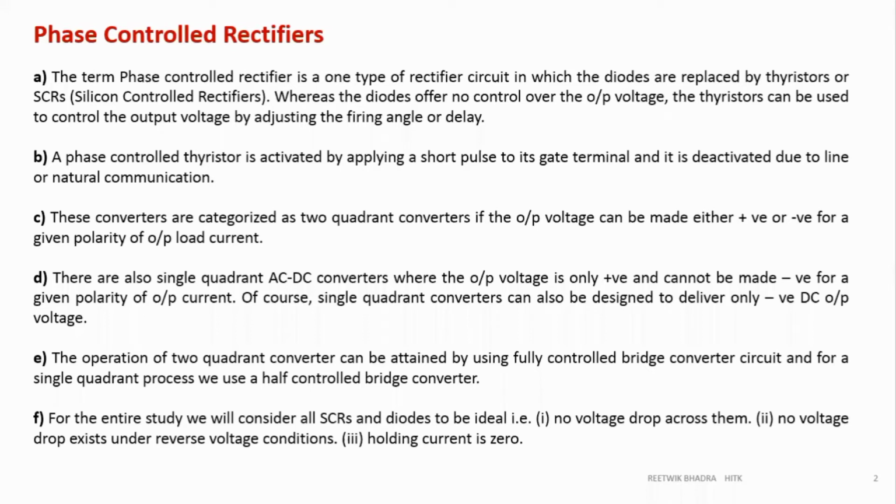So maybe around 5000 volts you have to give as supply to turn on a thyristor. So why give such a high voltage? Instead, we'll give a low voltage like 200 volts or 300 volts and give a gate pulse to turn on the thyristor. So that's why we have a control rectifier, because we are able to control the turn on of the thyristor device. Whenever we want to turn it on, we can give a gate pulse and make it on. That's why we are calling it phase control.